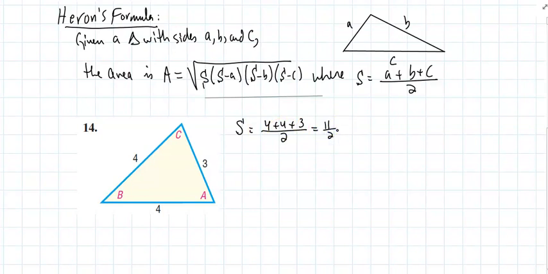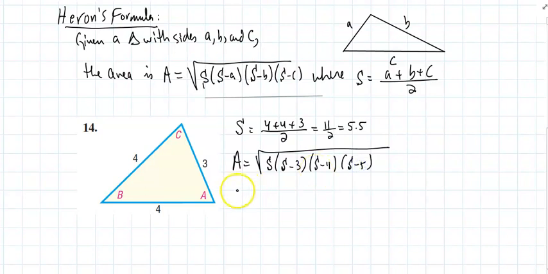You could leave that as a fraction, you could write it as a decimal, whatever makes you happy. And area would be the square root of S into S minus 3 into S minus 4 into S minus 5. So area would be the square root of 5.5 into 5.5